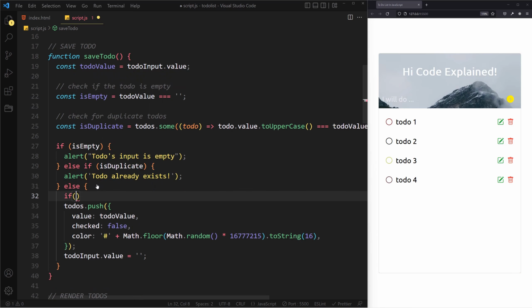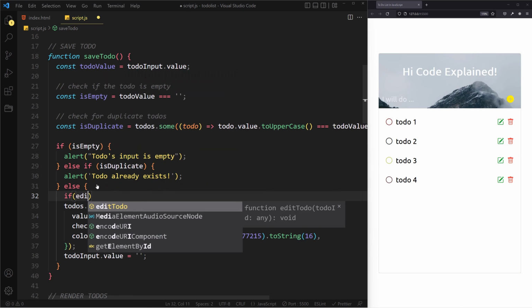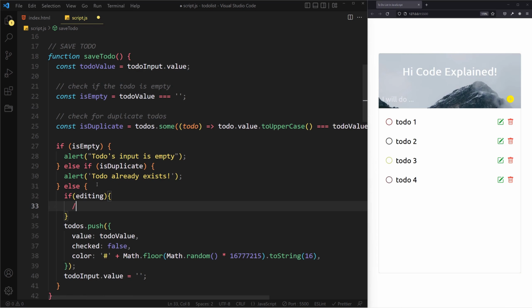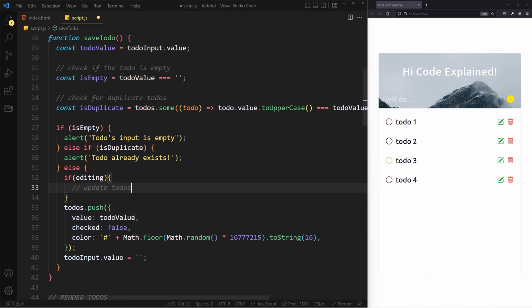I'm gonna, for example, check if I am editing a to-do. I will need to update my to-dos array, or update just the to-do in question, the edit to-do. And else, if